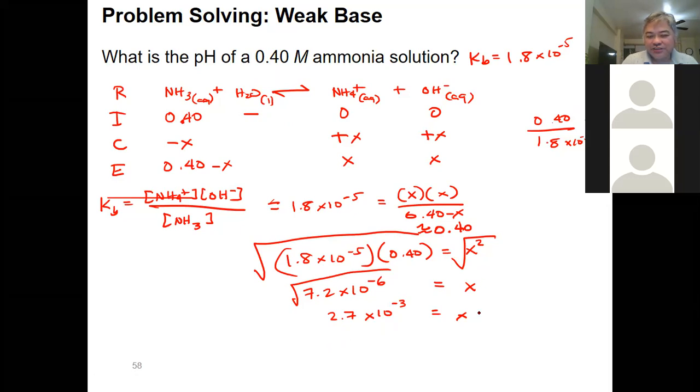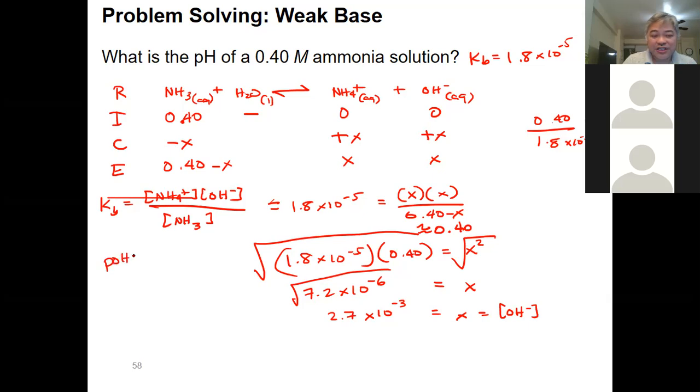So ano yung X dito? Yan yung hydroxide mo. So since hydroxide ang meron ka, you have to use POH, right? So negative log 2.7 times 10 to the negative 3. So that is equals to